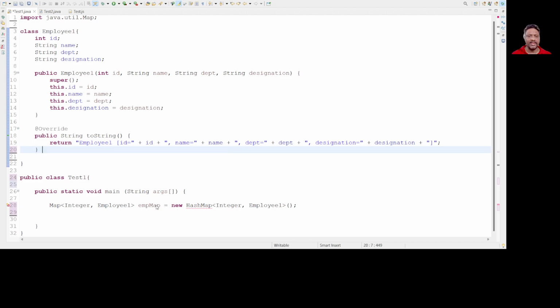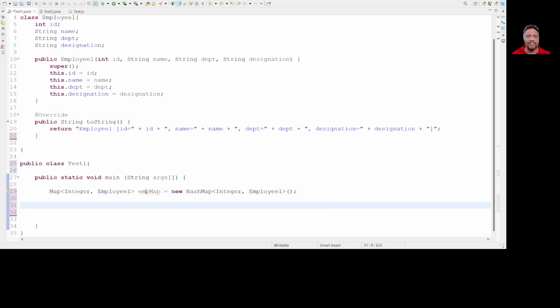Now HashMap, let's import this. Now we have created a map structure, saying that the key is the integer data and it is holding the object. Now let us add a few records, like an employee one, emp1. I will say new Employee, 101, Charan, IT full stack